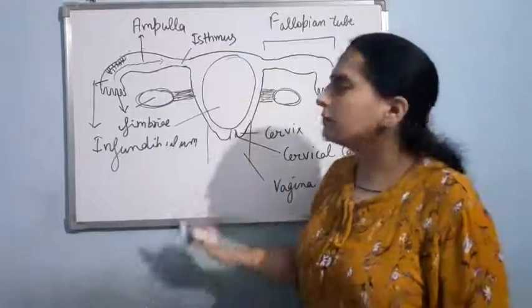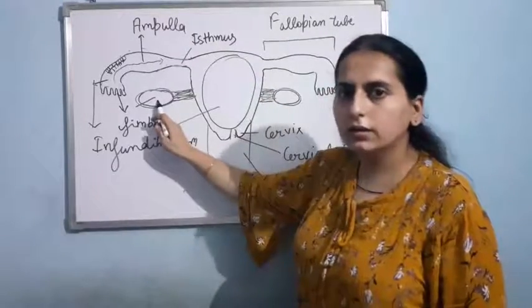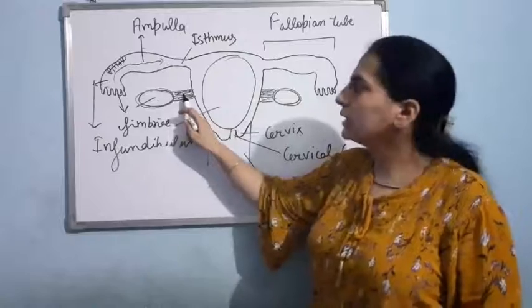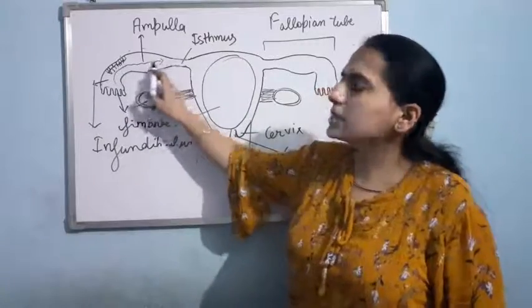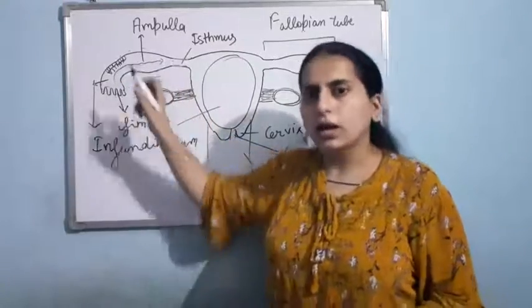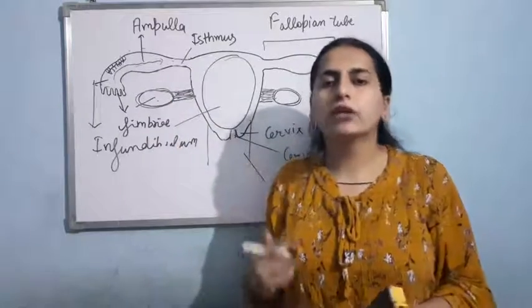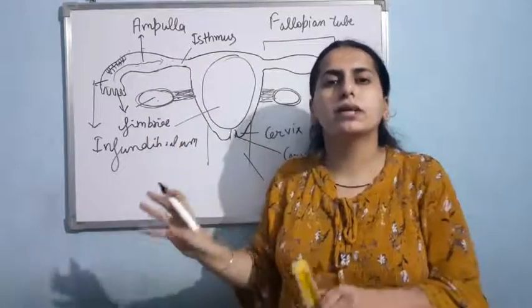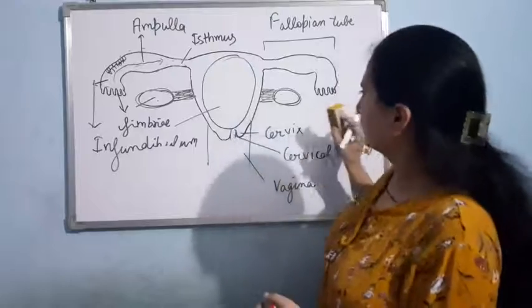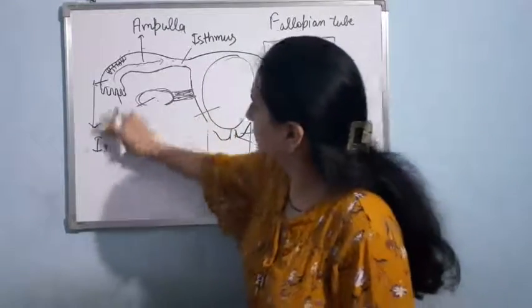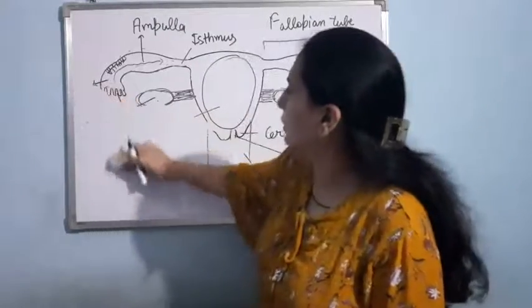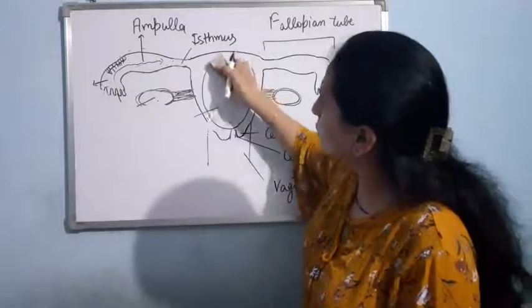Is it fine? Now let us talk about the third part, that is the uterus, this part. Till now we have discussed the ovary, the connections of the ovary, and now the fallopian tube. About their functions in detail we have to study in the process of fertilization. Let me erase it a little bit. Okay. So this is the uterus.